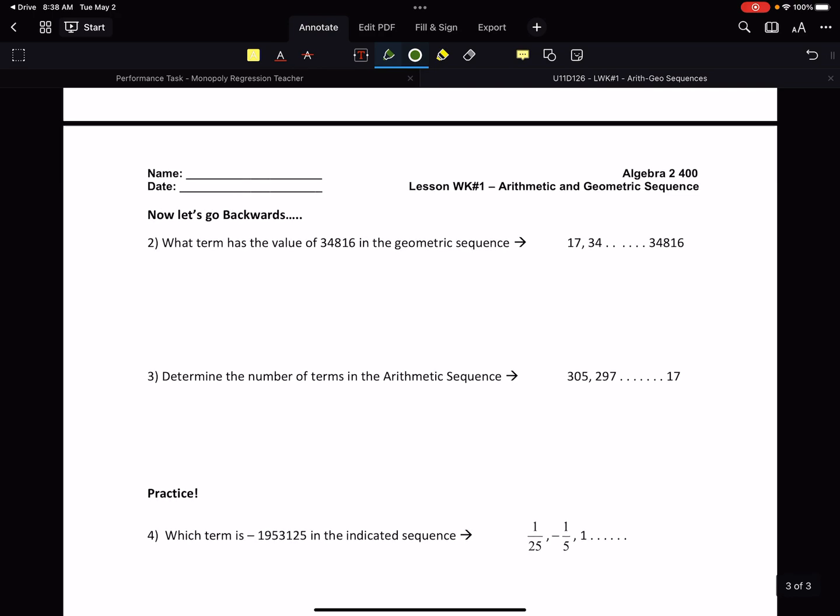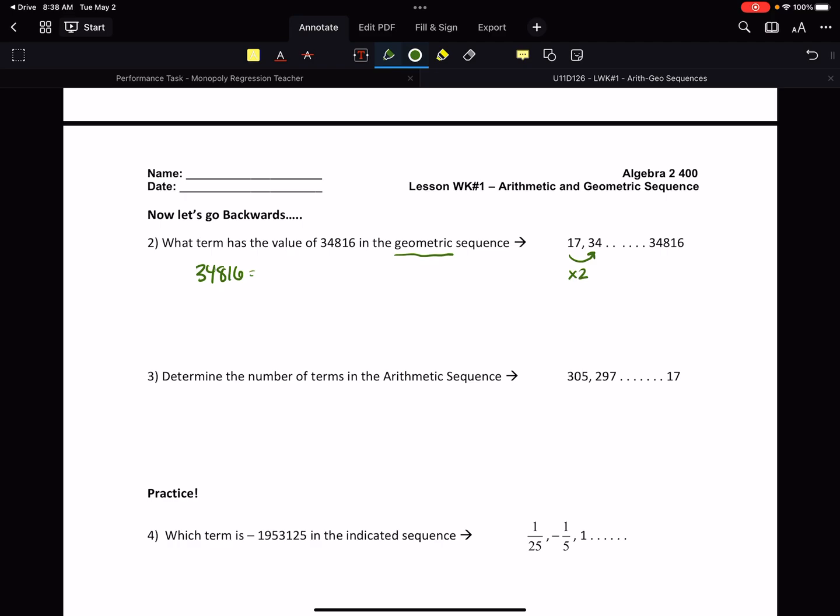Right, more complex problems, more complex scenarios. All right, so what term is this? Right, so we know that Tn is 34,816. We don't know n. Right, so we're told it's geometric. So the key thing here is that this is times 2. So our setup here with our geometric formulas,